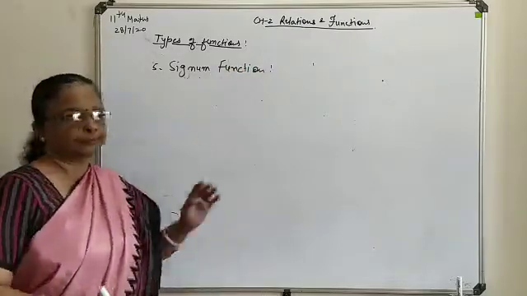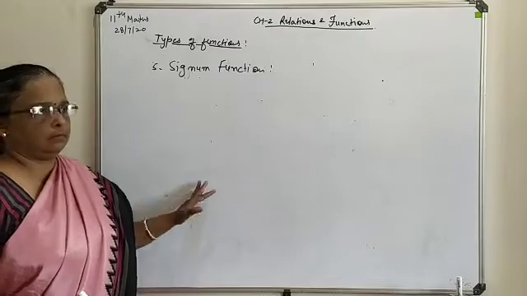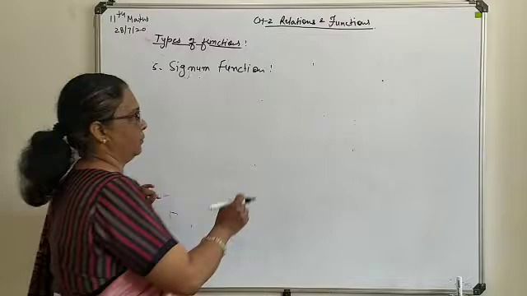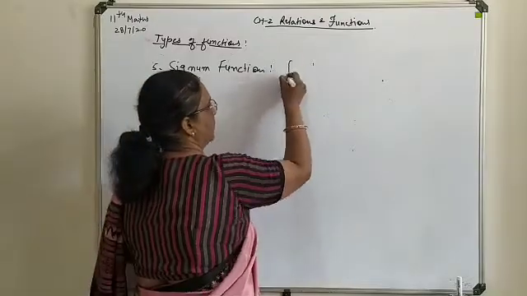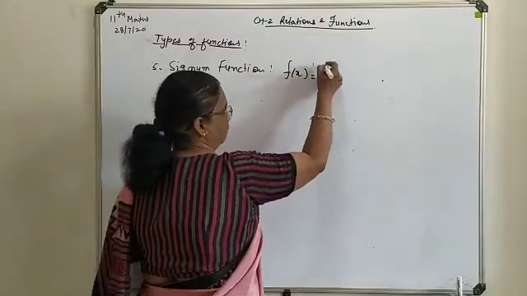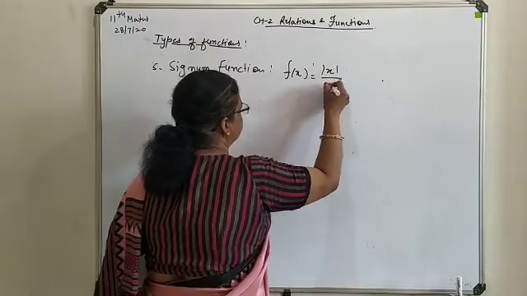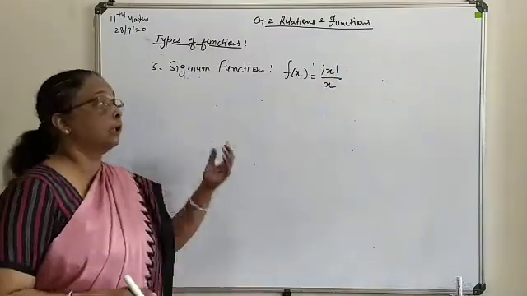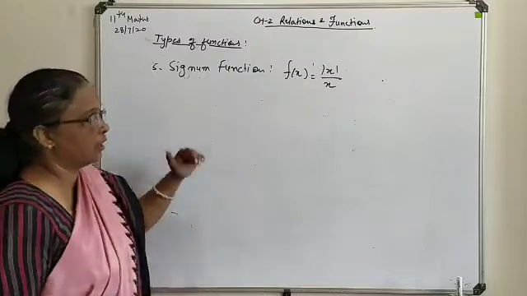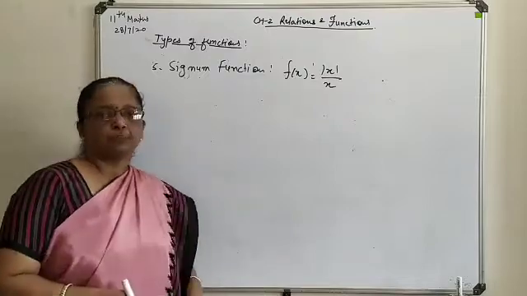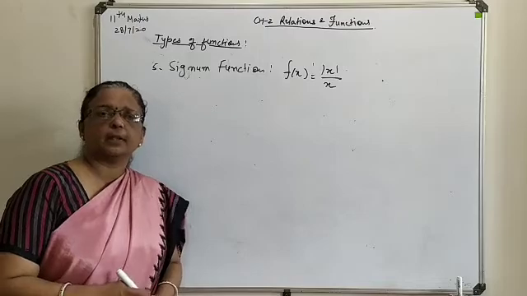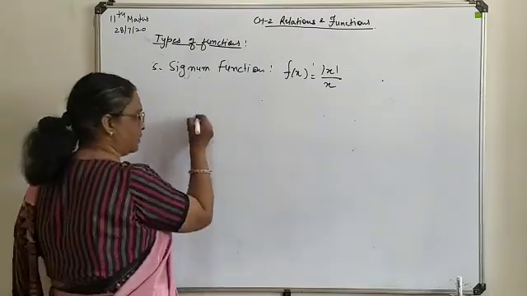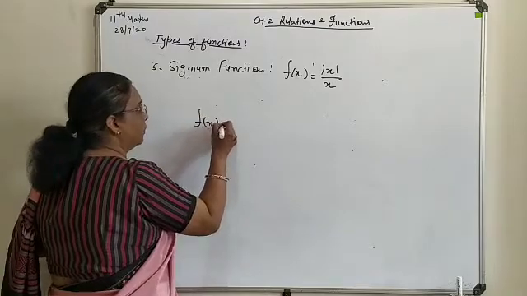First of all, we described here what the signum function is and then its representation. Normally the signum function is expressed in the fractional form of modulus of x upon x. Now, how does it work out for the different ranges? Here, as we are talking about x, obviously it is to be compared with 0. So here it can be expressed with three combinations.